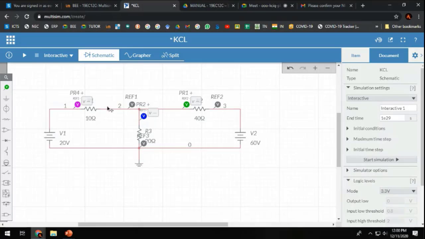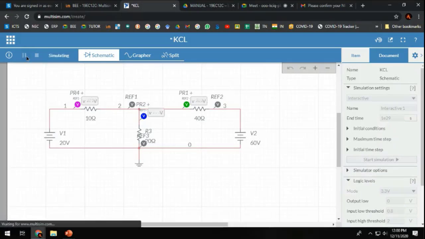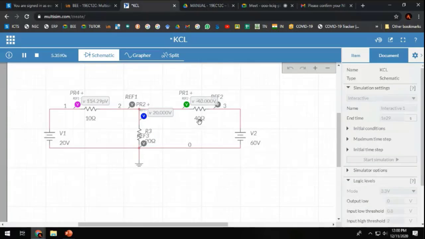After completing this, you just press the play button. All the voltage values will be shown for you. Okay, very easy. You can see the voltage across the 10 ohm resistance is 114.29 picovolts, and the voltage across the 40 ohm resistance is minus 40 volts, whereas the voltage across R3, that is the 20 ohm resistance, is 20 volts. So note these values,